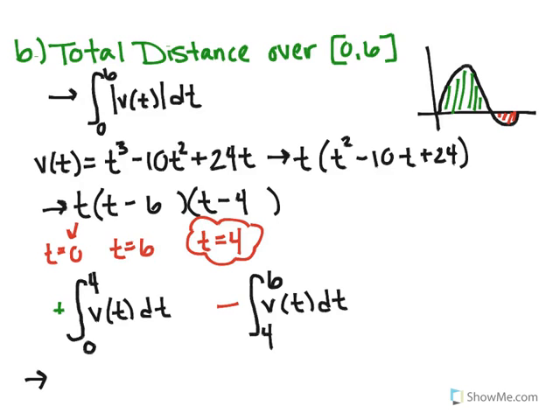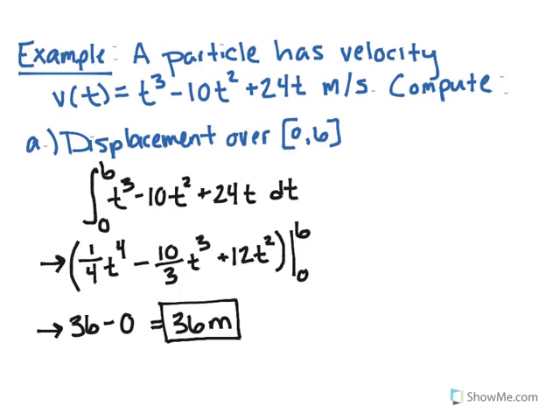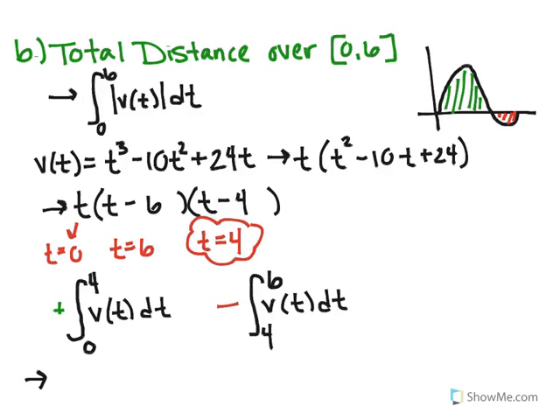I'm going to do this in a quick version. When you compute that, I'm going to go back a page. You plug in 4, get a number, then plug in 0, which of course just gives you 0. That part is going to give you